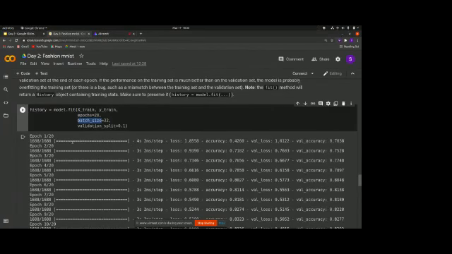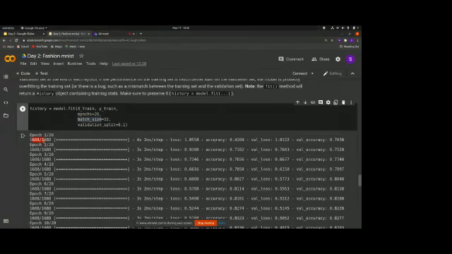If you train this thing, we will provide you the notebook later. If you train this, you will see that while training, the loss and accuracy keep on changing. That is because it's calculating the loss on each batch of images. That's why we have 1688 by 1688. That is the total batch number.